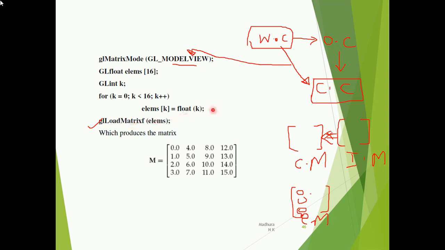If you write glLoadIdentity, that means you are going to load your identity matrix to the current matrix. Whereas if you write glLoadMatrixf with some values, then you are going to set the current matrix with your own values. As you wish, any values you can take. So we can assign the other values of the elements to the current matrix using this kind of function.